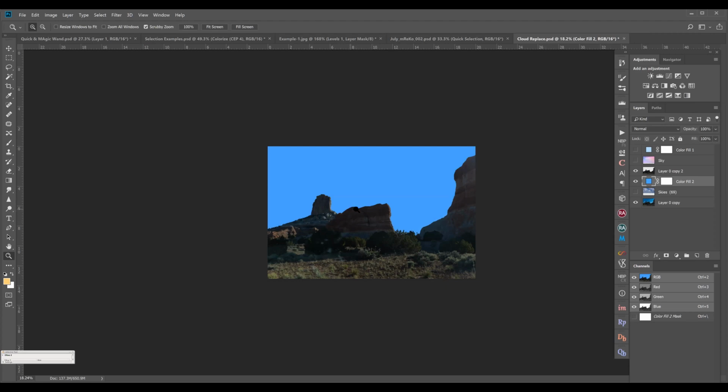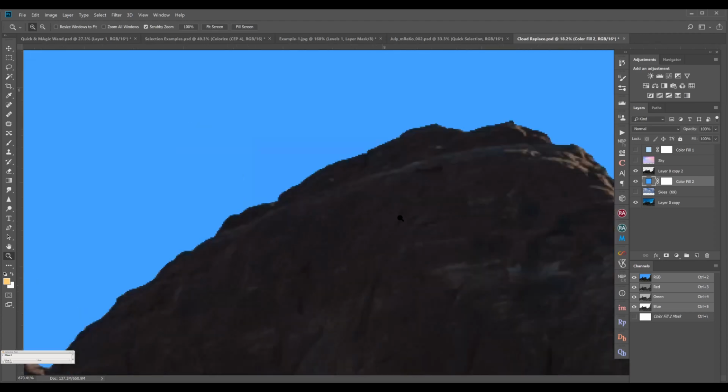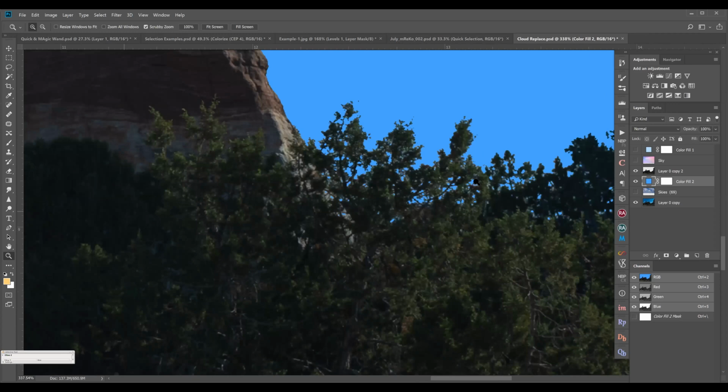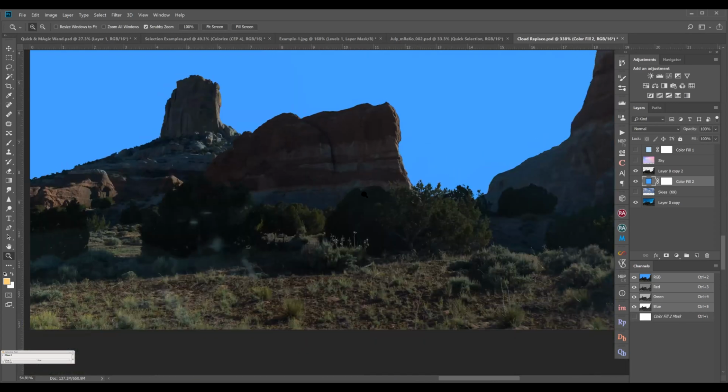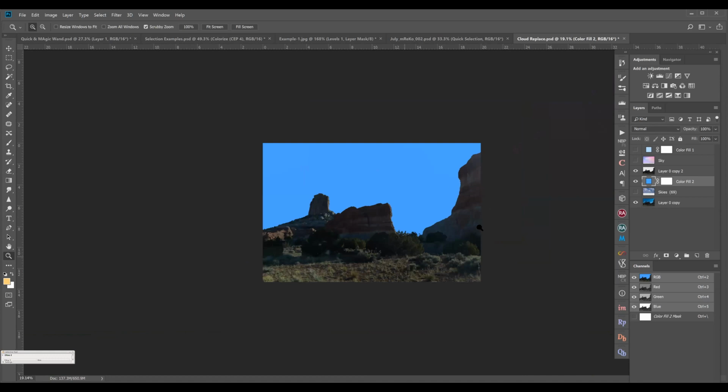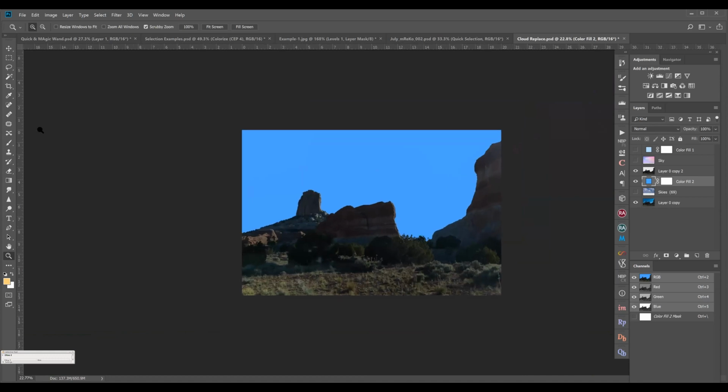And if you see, the selection is also fairly good. There are no halos or anything. Even the things beneath, like between the trees, have also got selected. So this is how you use selection tools in real life scenarios.